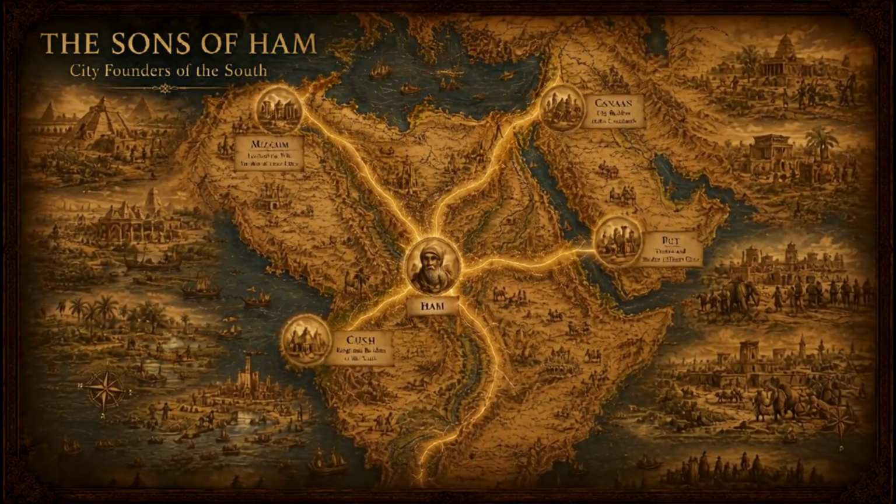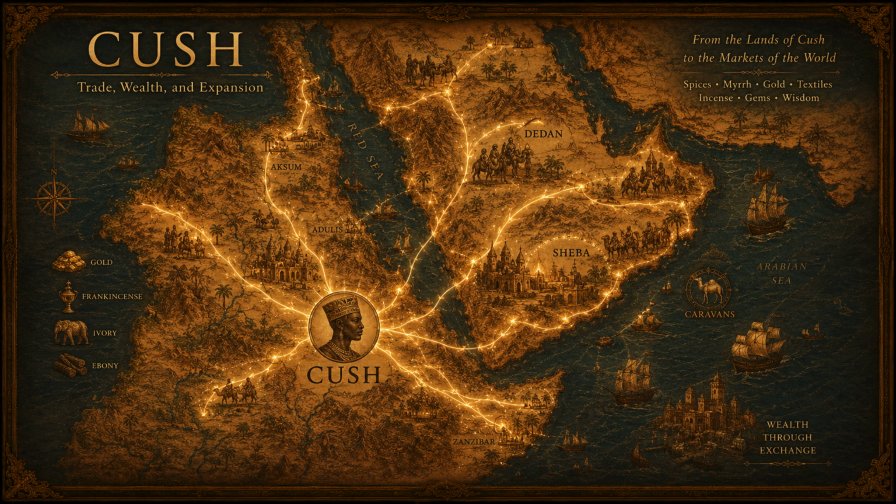Let's trace these empire builders, starting with Cush. I'm guessing they didn't just stay in one place. Far from it. Cush was the firstborn, and he brought forth a vast, incredibly wealthy lineage. His sons, Seba, Havilah, Sabta, Rama, and Sabteka, and his grandsons like Sheba and Dedan, they spread all across the Arabian Peninsula and into Eastern Africa. And those names are famous for trade, right? Absolutely. In the ancient world, these specific names became absolutely synonymous with Arabian commerce, luxury goods, spices, and just immense